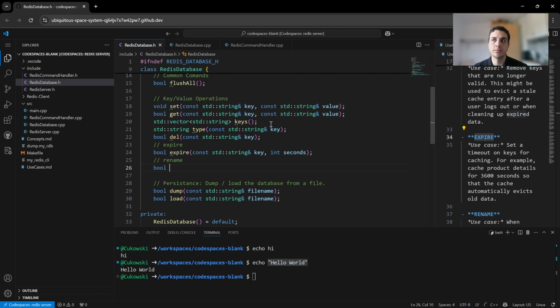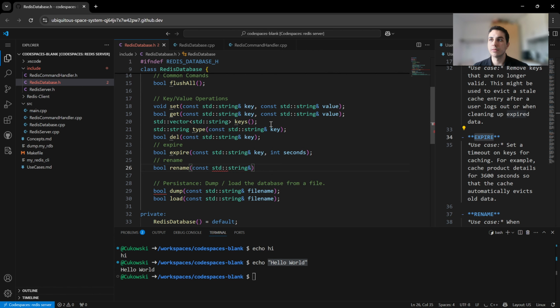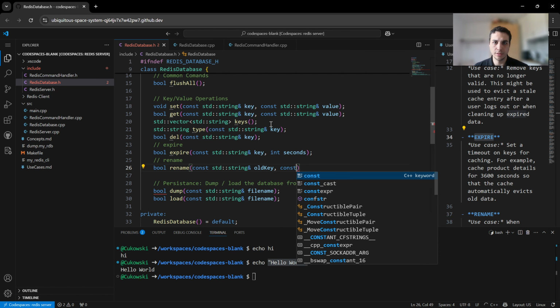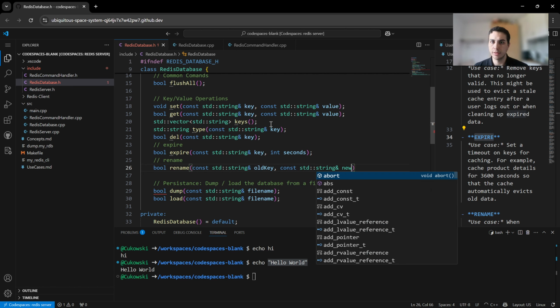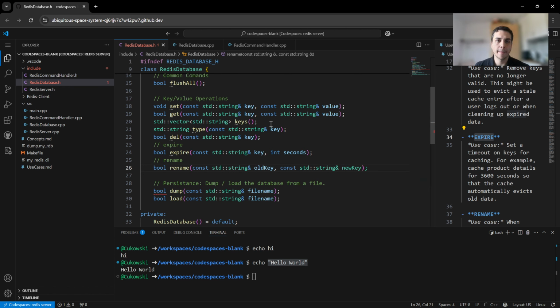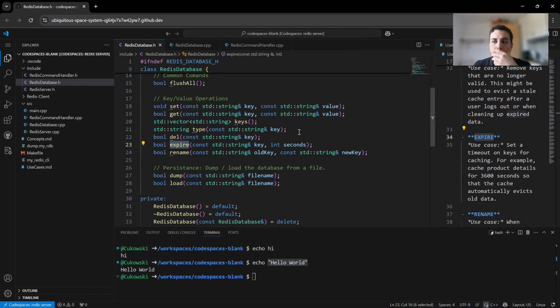The name, in the case of the name, it will get the string, and we will be needing the alt key, and we will need a name for the new key. These two will be a little bit tricky. For expire, we will go back